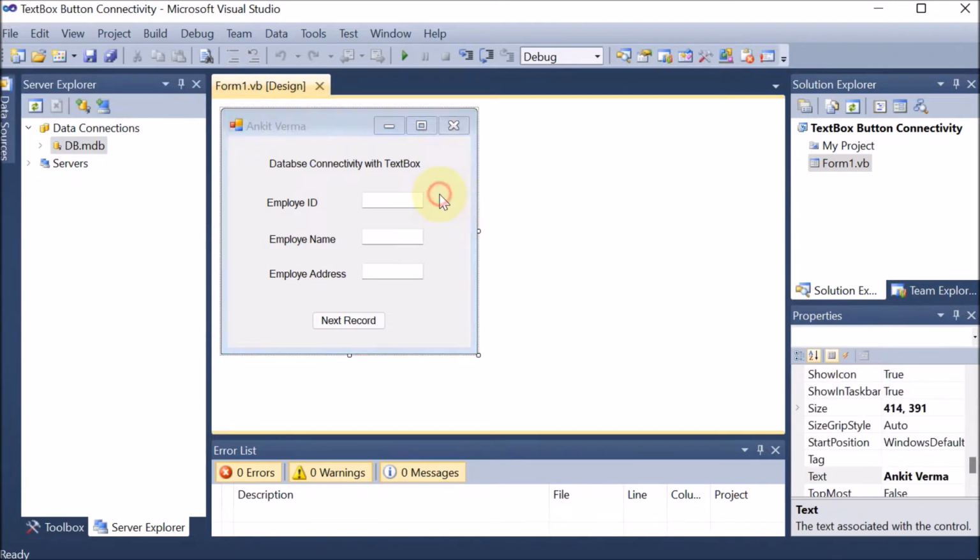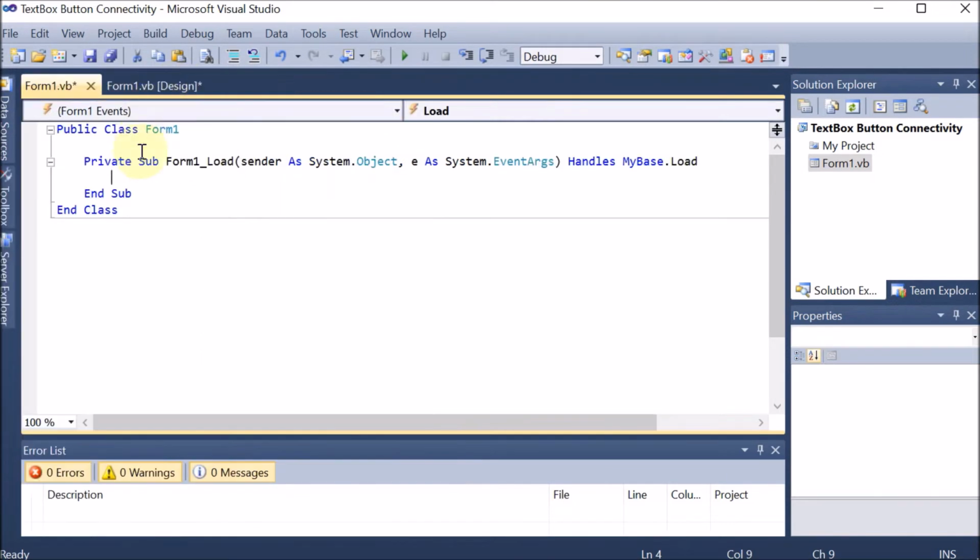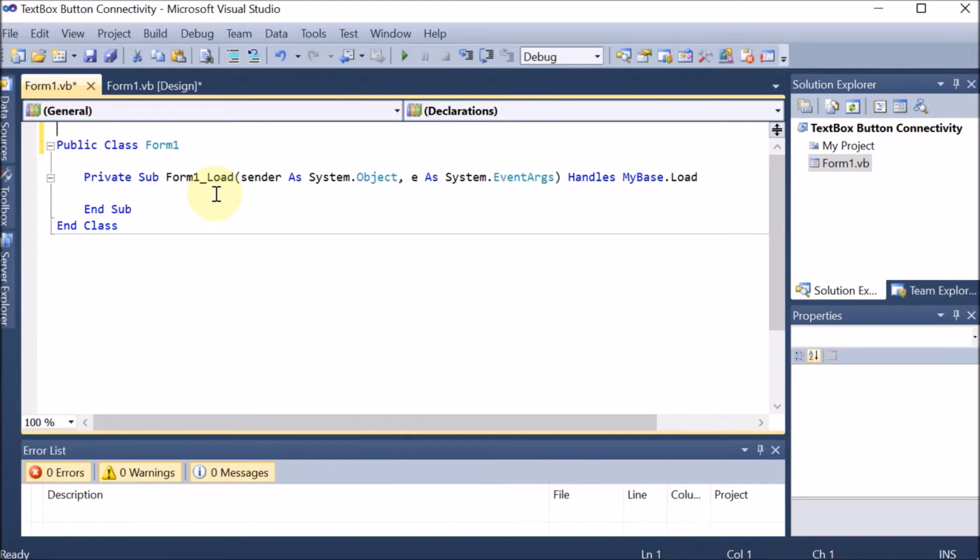So double click on the form. Here we can see that this is the coding of form load. I am minimizing that. Whatever we do in the form load, when we click on this play button and start debugging, then this form load coding will run. To add the database into your code, first of all you have to import the namespace. So we go above the form and say Imports, then we mention what we are importing.